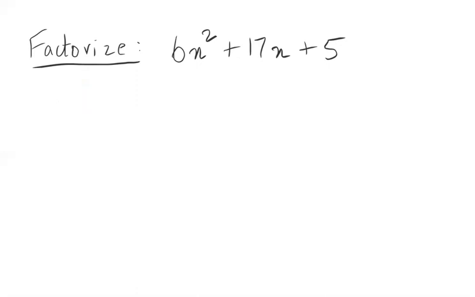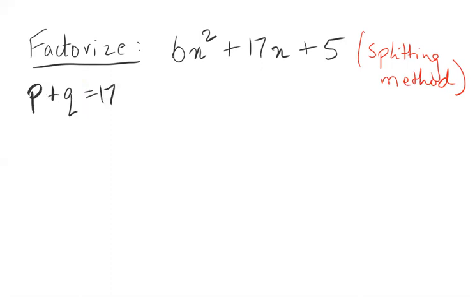Okay, I hope this is very clear, right? So we'll use the splitting method. I'll write it, splitting method, right? All right. So we can take any two numbers. Let's take them as P and Q. So P plus Q is equal to 17. We took the middle term. This is the middle term. Okay. So we split the middle term, which is 17. Okay. And then PQ